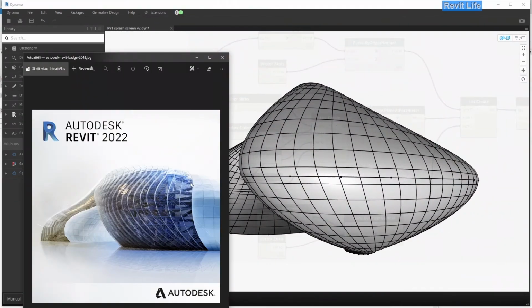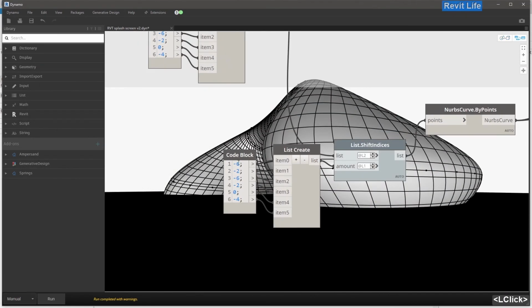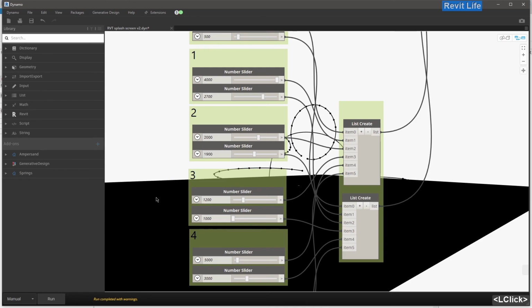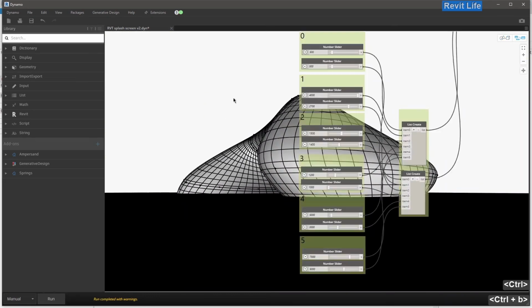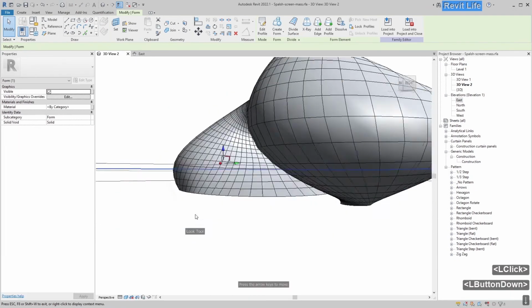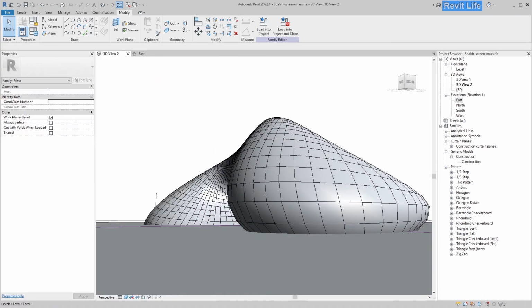So I tried to remake the surface and remake the grid. And basically for a while I just ignored the problem and played around with the grid to get the shape closer to the image of the splash screen. And here you can see I'm doing that, and again I'm making the form, making a surface and dividing a